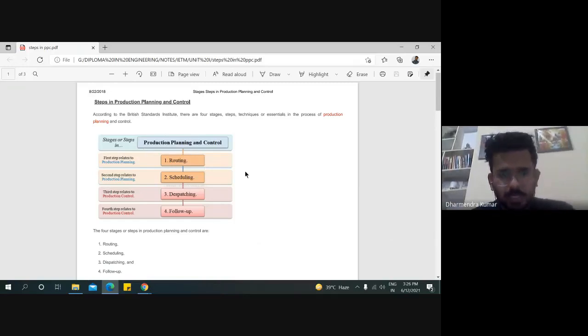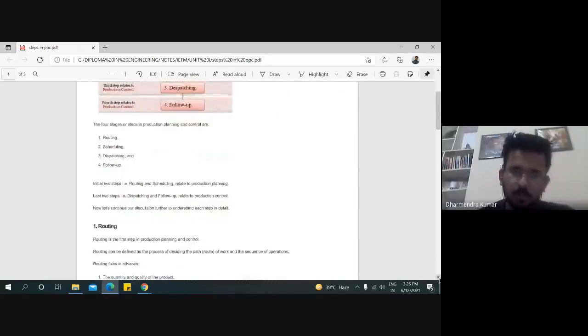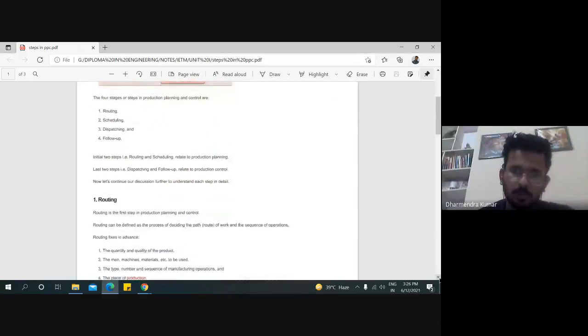There are 4 steps involved in production planning and control. The first step is routing, the second is scheduling, the third is dispatching, and the fourth is follow-up. Now we will discuss them one by one.